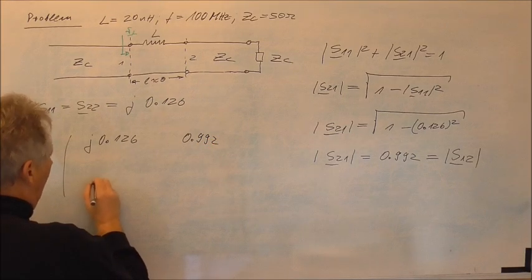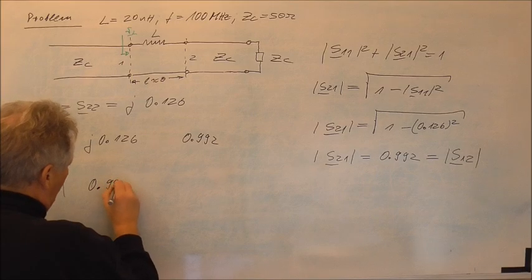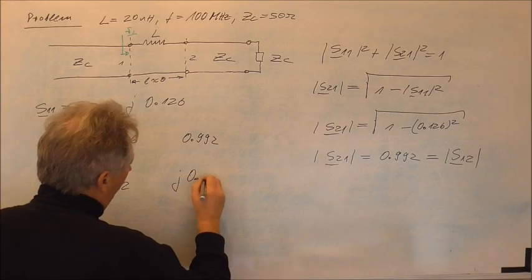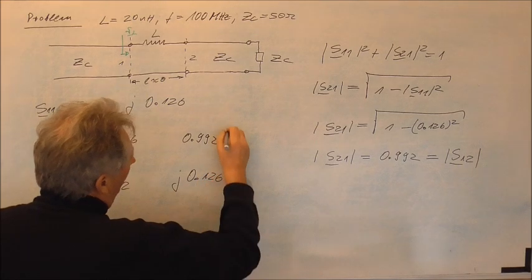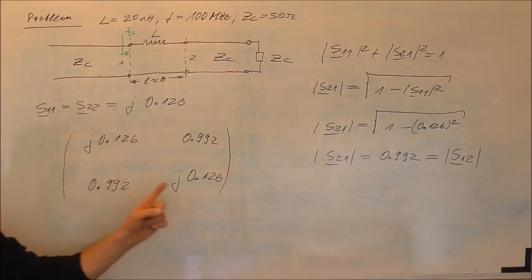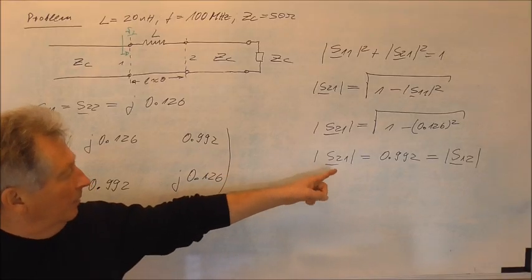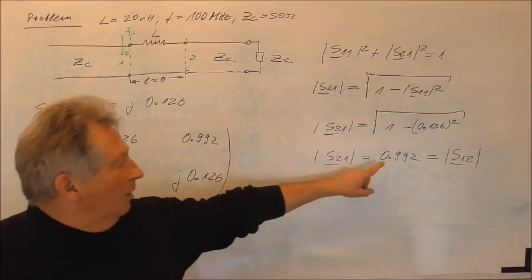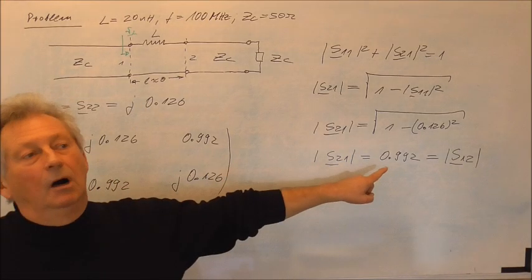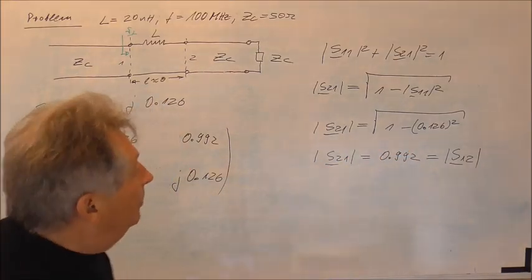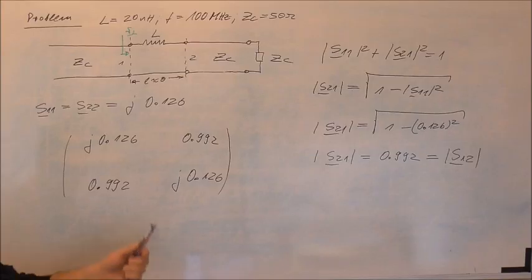Here I can write 0.992, and here again j 0.126. Of course, you see here I just inserted now the absolute value of S21. So in principle I should perhaps include here a phase. So at the moment I don't know, but